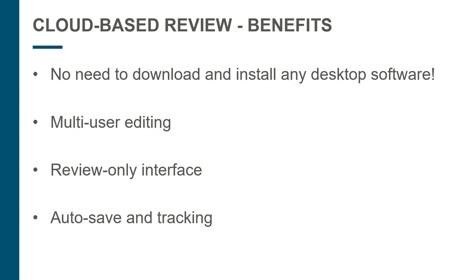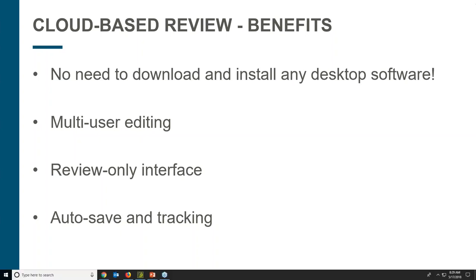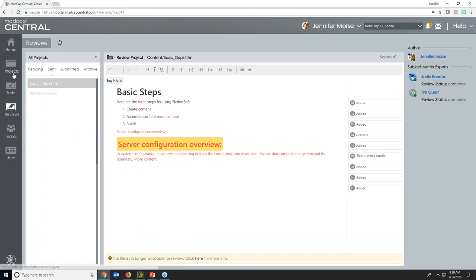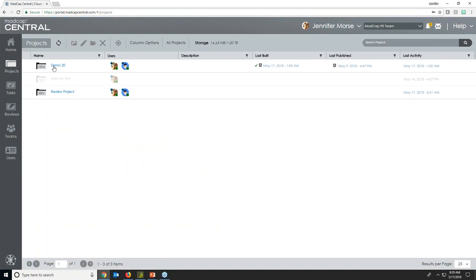A couple other mentions, if I go back to my browser for a minute, a couple other things in Central that you'll see. If I go to the Projects tab, I just want to point out a couple of views. In fact, I'm going to open up another project. This is actually the projects page. I didn't talk about this because we were focusing on the reviews, but this is just one other functional area